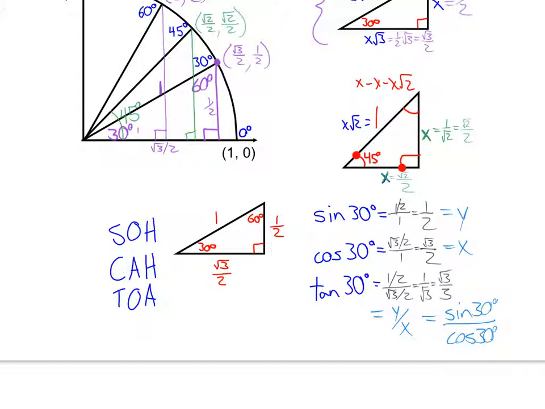Sine over cosine equals tangent. So, now you guys can see the usefulness of this right triangle. Lots of stuff is made using 30, 60, and 45 degree angles. So now, if we know our unit circle, we can actually figure out those values exactly without even using